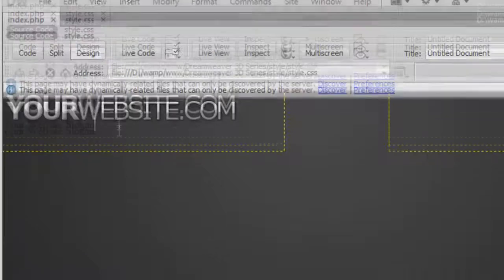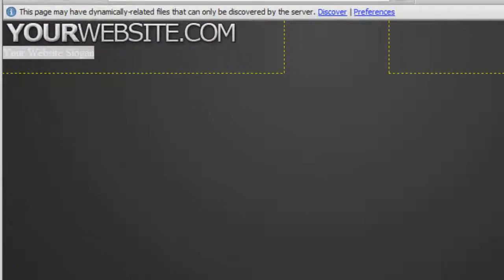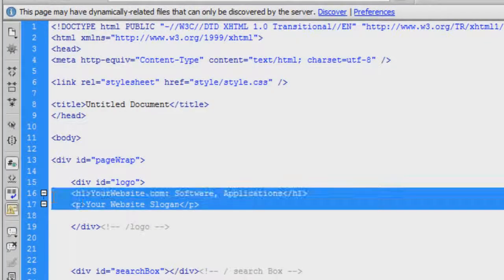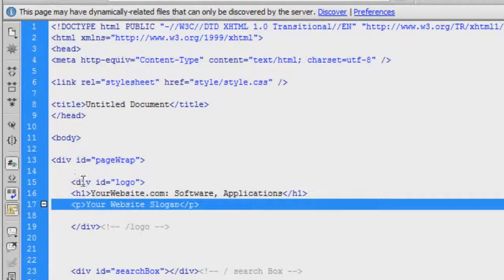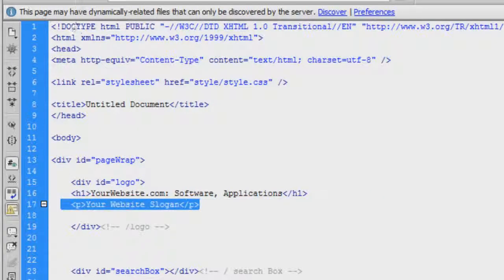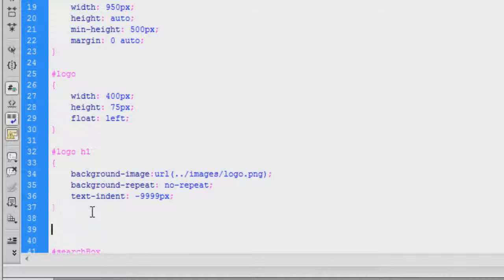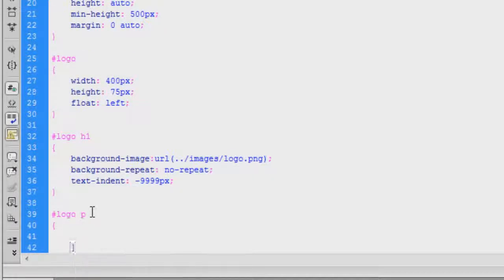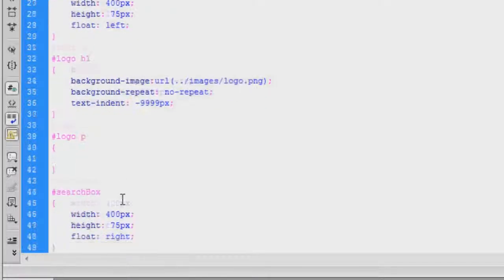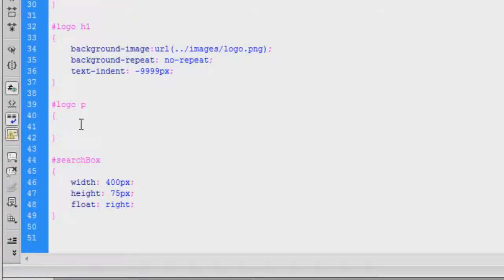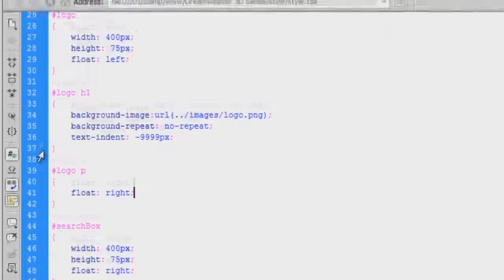So we need to now style this particular bit of text. So if we just go to the code view, the way we're going to target this one is we're going to say any div with an ID of logo that has a P tag, do the following. So if we just go to the style sheet and come down just underneath the logo H1, if we create logo P, and we just move up the page so you can see this. So we're going to say float to the right. So if we just preview that in design view,